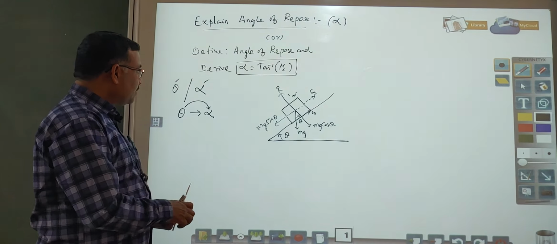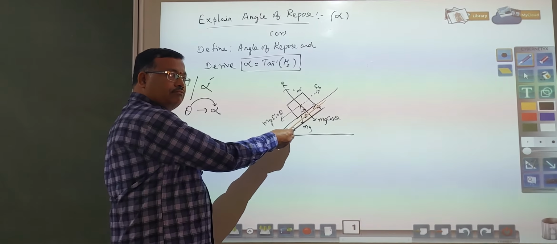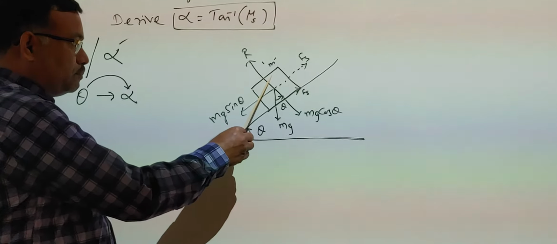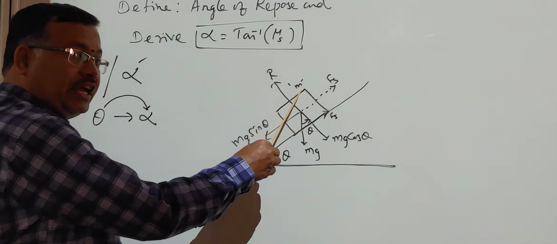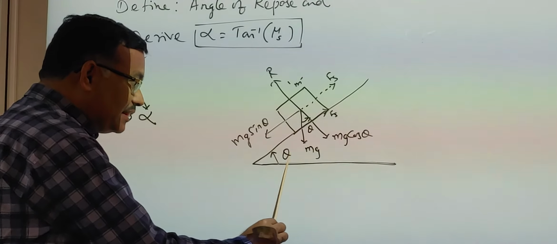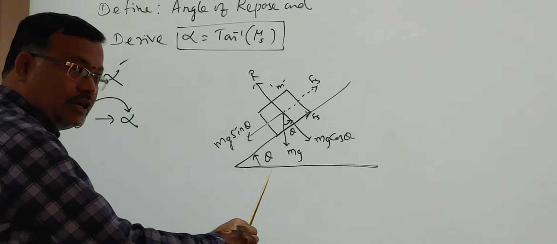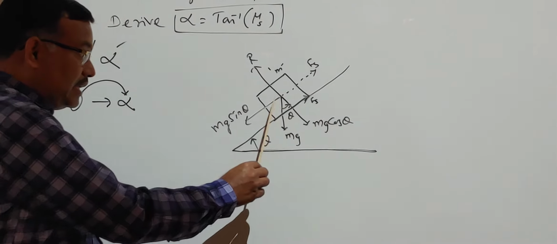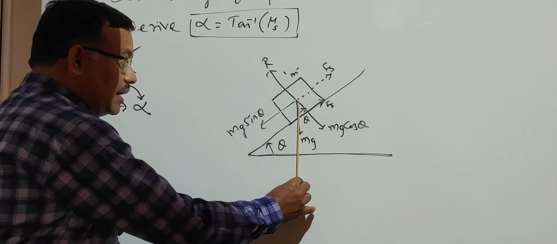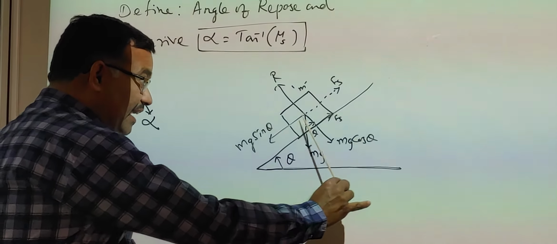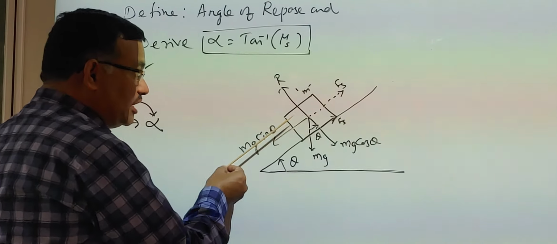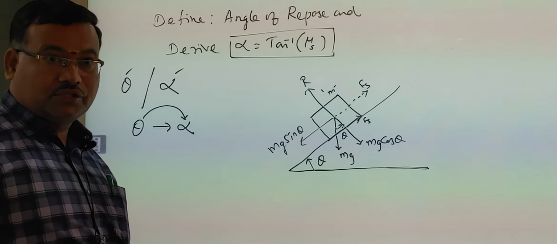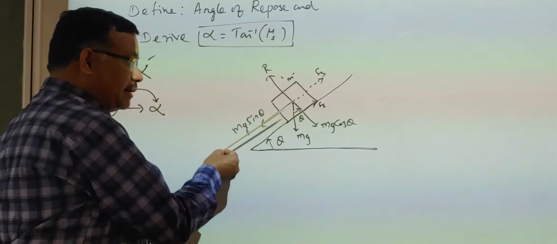Here, you see, it is the inclined plane. So theta is the angle of inclination. Some block is placed on the inclined plane. M is the mass of the body. The same angle is formed here also. If it is theta, the mg, weight of the body, is resolved, that means divided into two components, mg cos theta and mg sin theta, as per the concept of resolution of vectors.